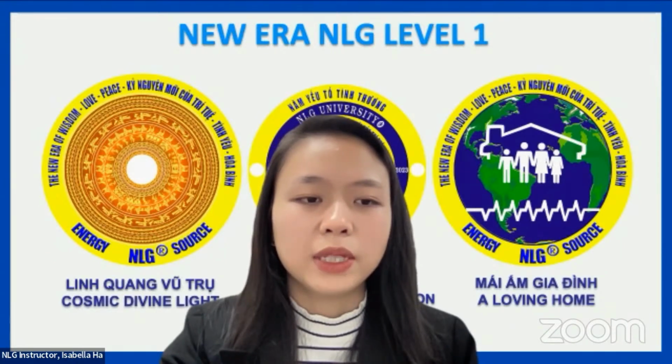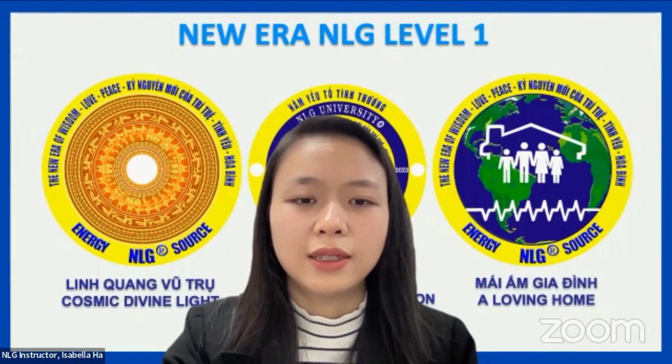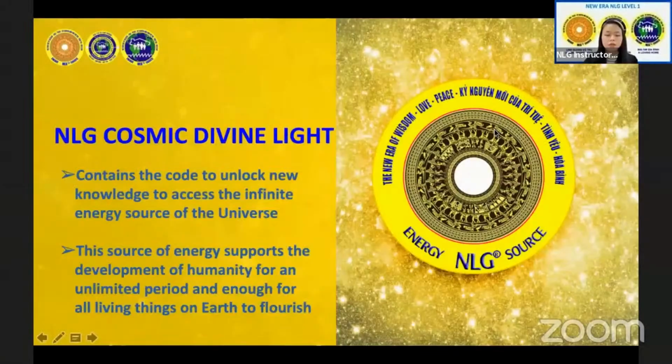And the cosmic divine light, which, as we've talked about, is one of our logos here, is a really, really important pattern for you to understand as you get to level 3, and particularly level 4. Mr. Lei will talk extensively about this so that you understand more about the cosmic divine light. But at this foundation level,